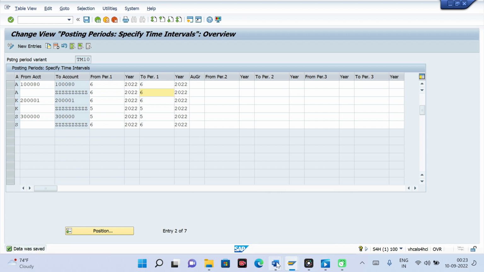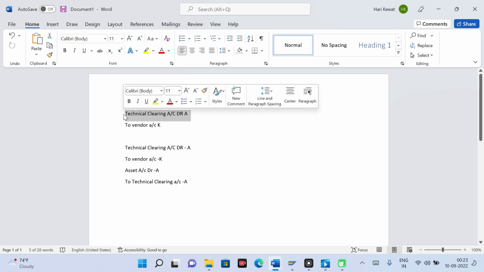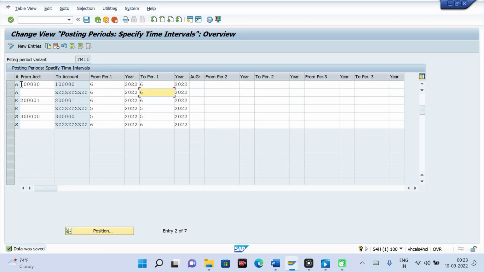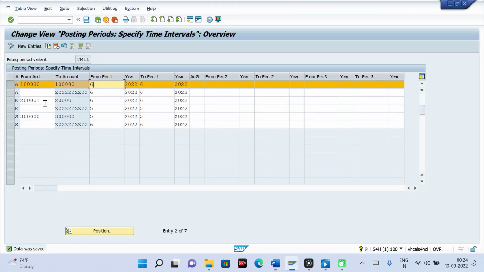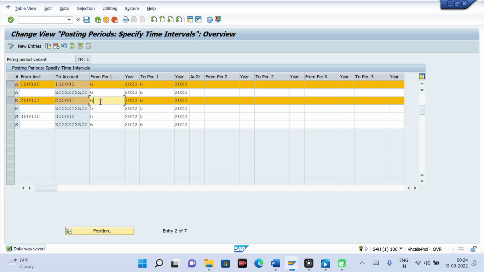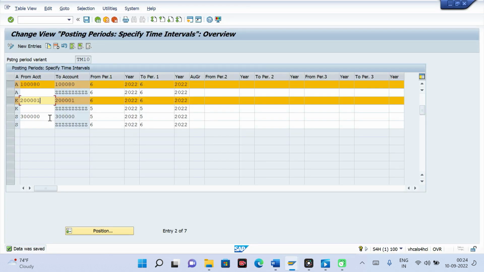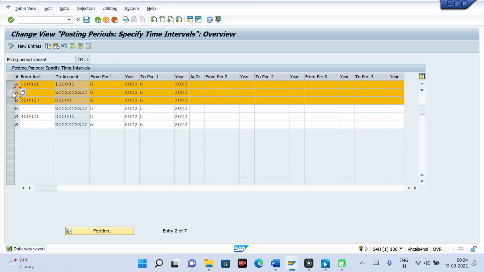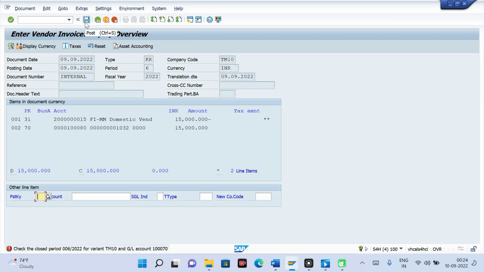Now as per your GL, you can see for technical clearing you have open period 6. For your vendor also you have open period 6. This is the vendor reconciliation GL. For asset also you have open now 6th period. So all the periods are now open. Now you will be able to post it. Post.